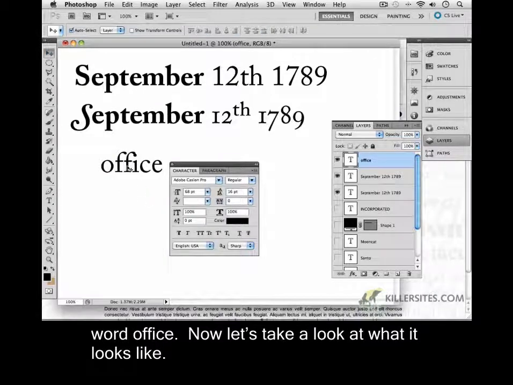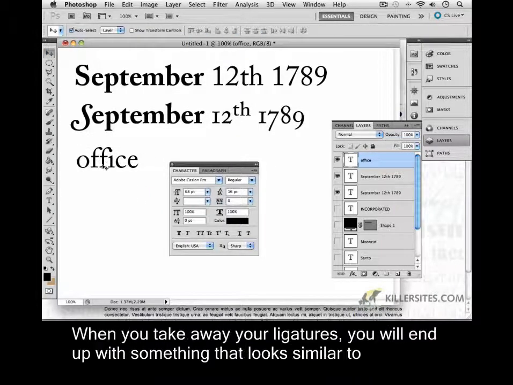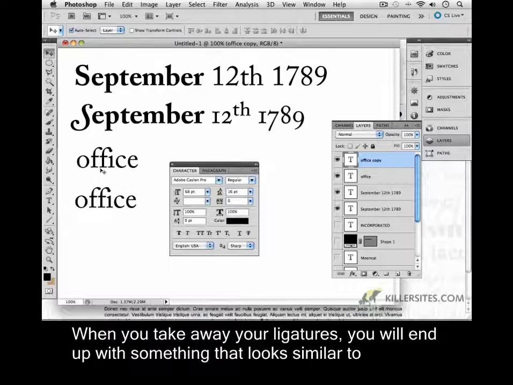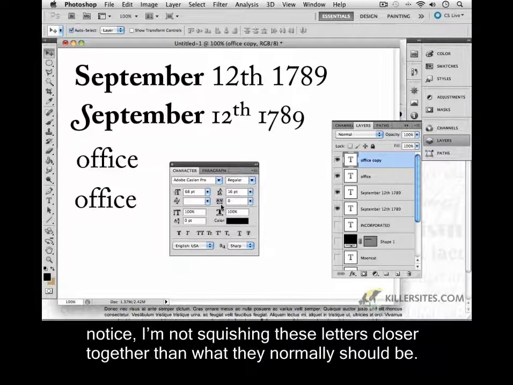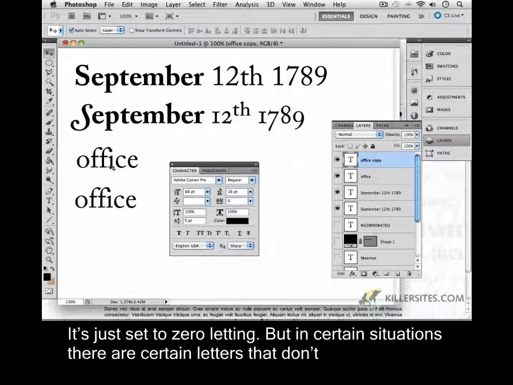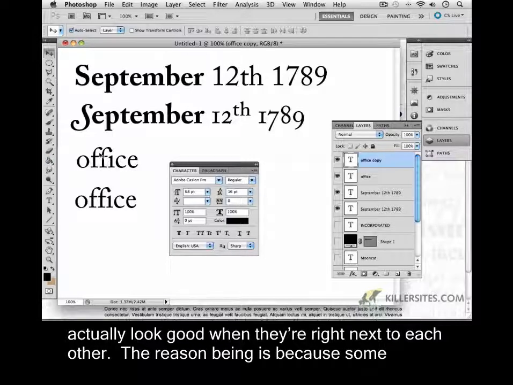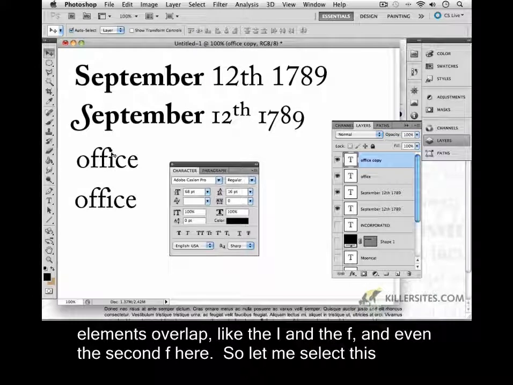Well, here's the word office. Now let's take a look at what it looks like. When you take away your ligatures, you will end up with something that looks similar to this. And what that means is there are certain letters when you put them together, and notice I'm not squishing these letters closer together than what they normally should be. It's just set to zero leading. But in certain situations, there are certain letters that don't actually look good when they're right next to each other. And the reason being is because some elements overlap, like the I and the F, and even the second F